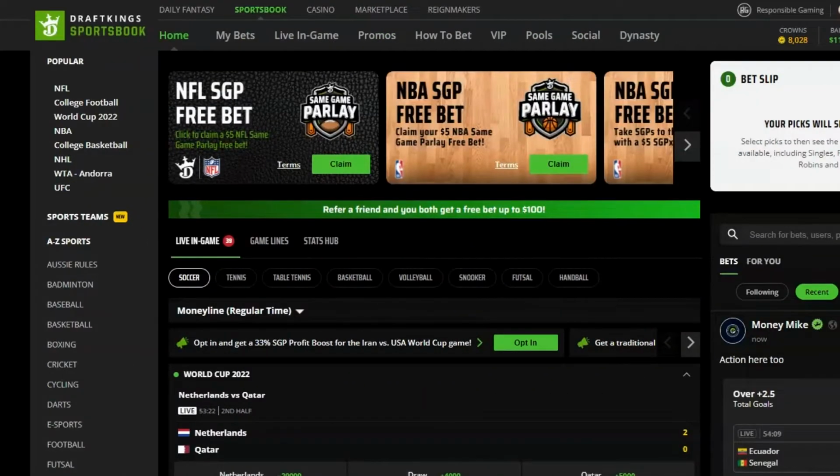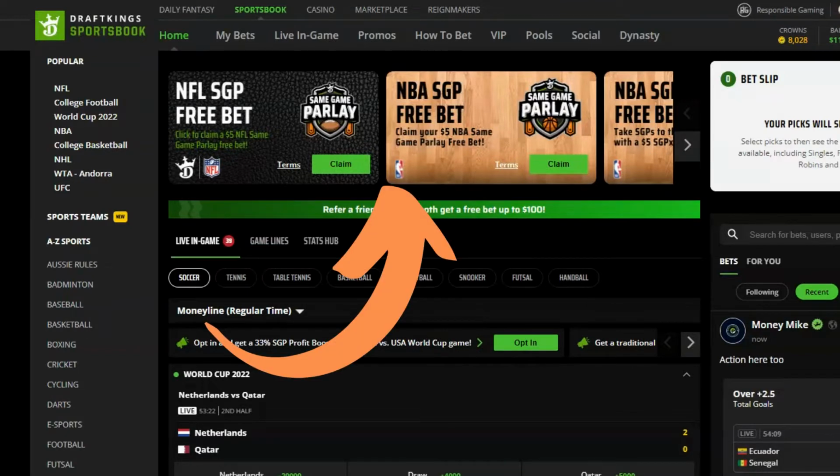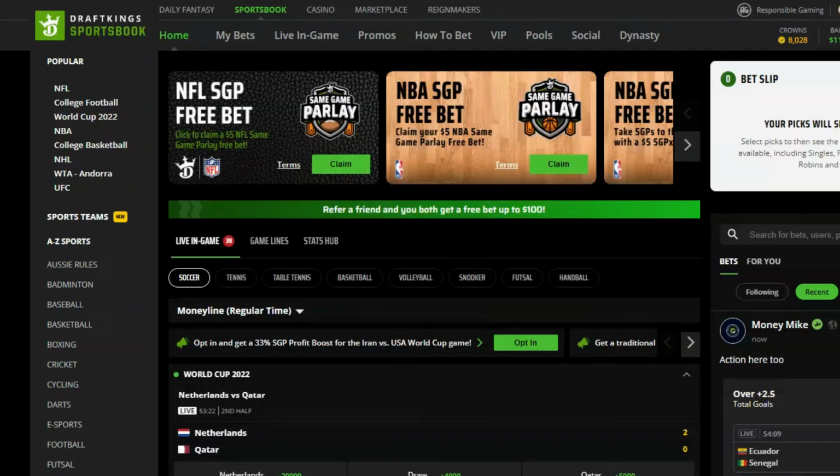Okay, guys, here we go. We're going to talk about what is a free bet, and we see this quite often at DraftKings and other sportsbooks. But basically, a free bet is a promo that you get offered, a promotional type of offer to place a bet with a certain amount of money, and the sportsbook will cover the stake or the risk of the amount that you bet.